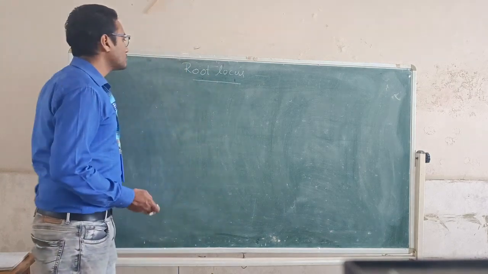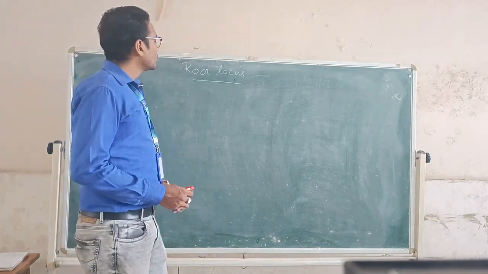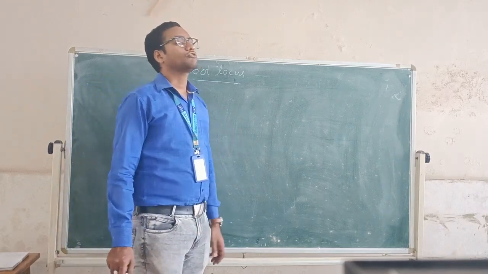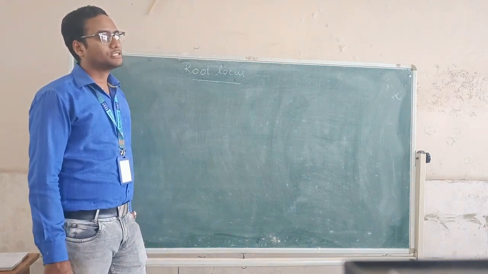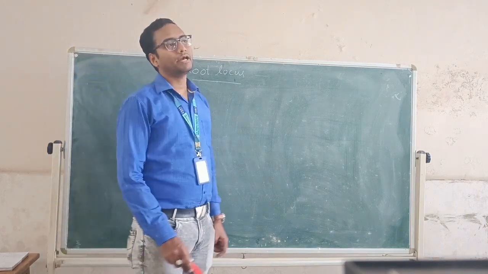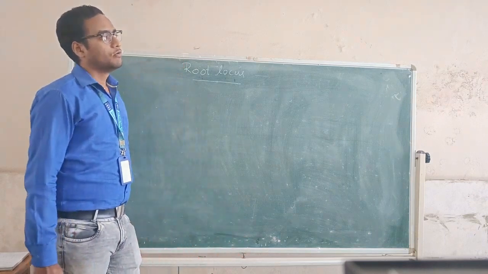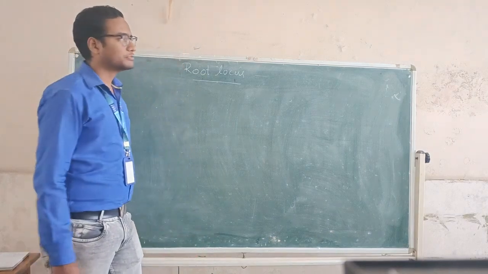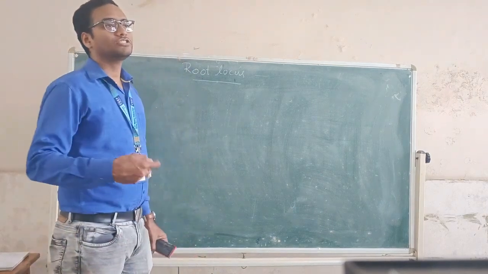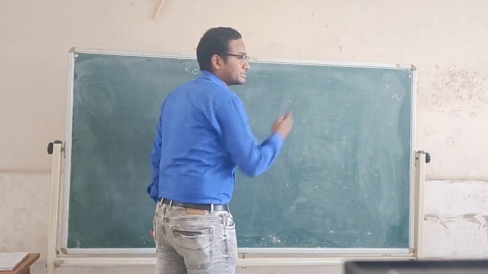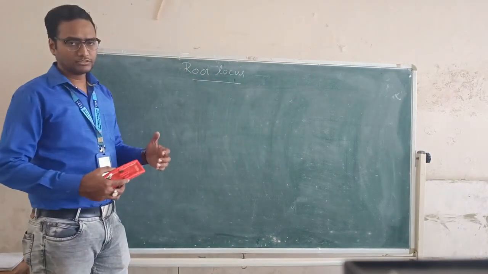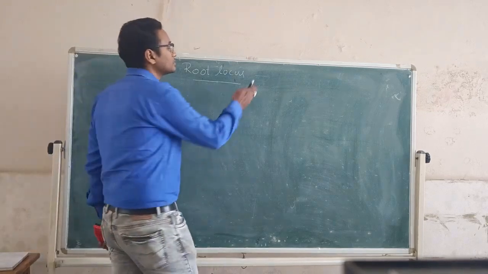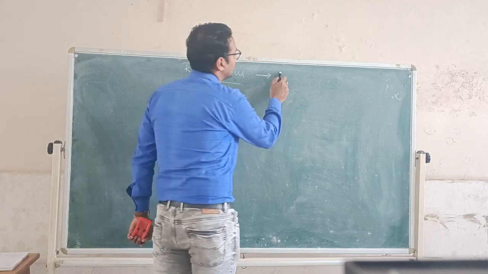The definition is: the root locus means the path traversed by the closed loop poles, from the knowledge of its open loop transfer function, when the system gain varies from 0 to infinity. There are two types of root locus, odd and even, but that is not in your syllabus. Only we will vary the system gain k from 0 to infinity. I will discuss the details of root locus, but I want to tell that the root locus was given by the scientist W.R. Evans.